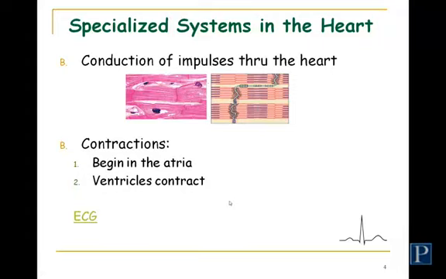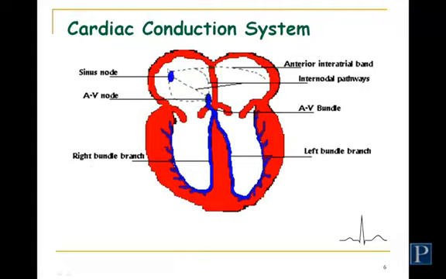And what you're going to see is the electrical activity that begins up in the pacemaker of the heart. It's transmitted through the atria. Starting from up here, we're going to start from the pacemaker of the heart, which is considered to be the normal pacemaker of the heart, the SA node, or the sinoatrial node, or sometimes you'll hear it called the sinus node. We're going to start here, and I'll move our way slowly through the various components of the cardiac conduction system, and go over the order in which the electrical impulses are moved throughout